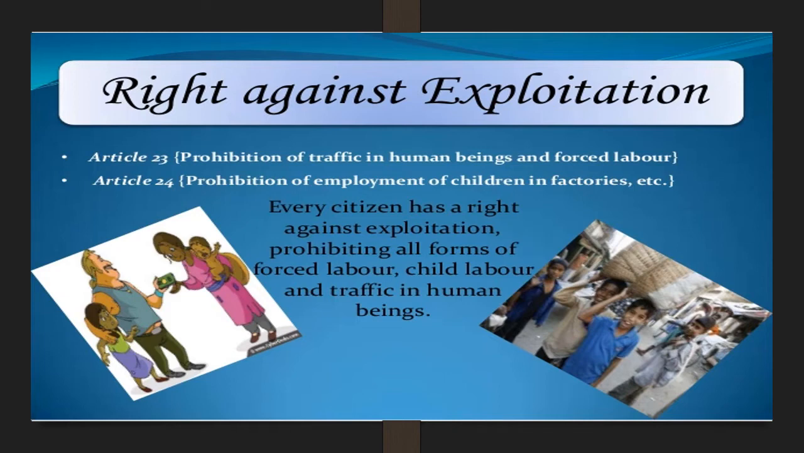has become more meaningful. So Article 23 of the Indian Constitution prohibits traffic in human beings, begar, that is forced labor, and other similar forms of forced labor. And Article 24 prohibits the employment of children below the age of 14 years in any factory, mine, or other hazardous activities like construction work or railway. So every individual has a right against exploitation, prohibiting all forms of forced labor, child labor, and traffic in